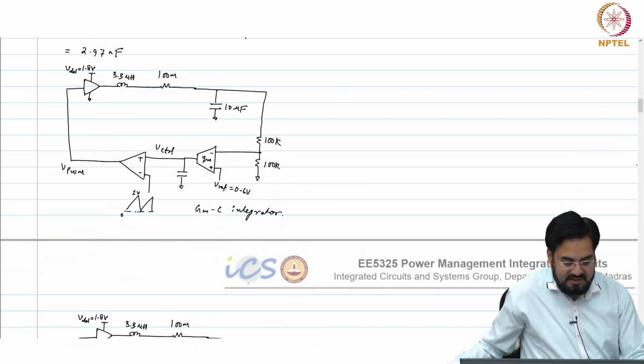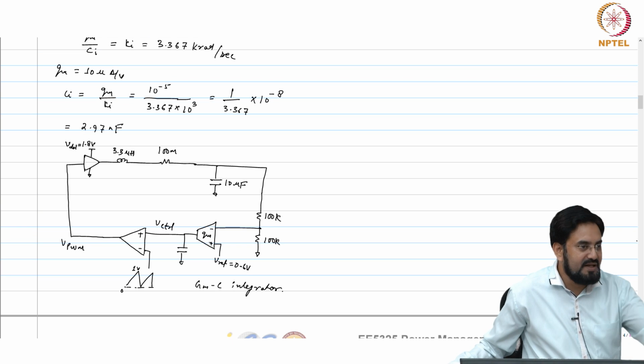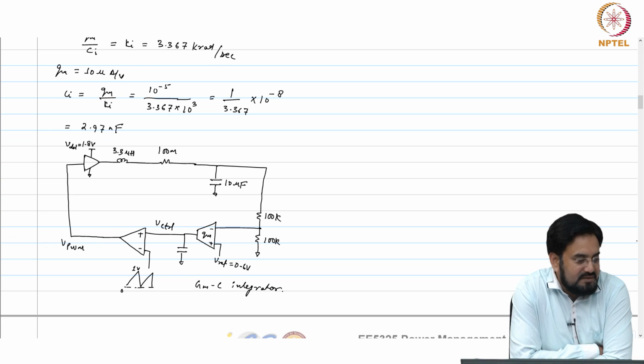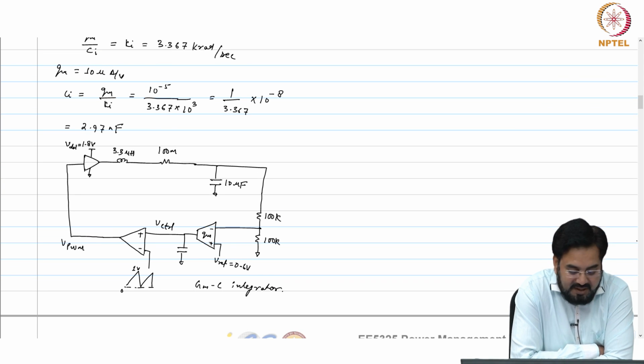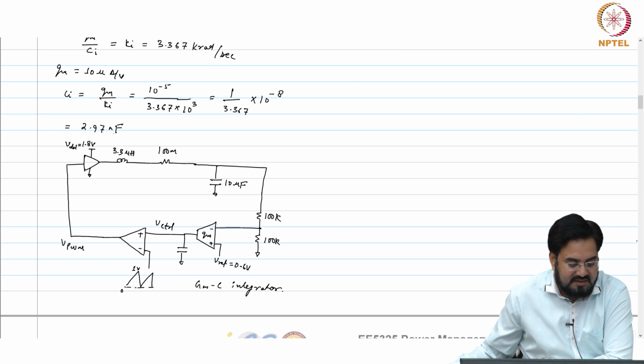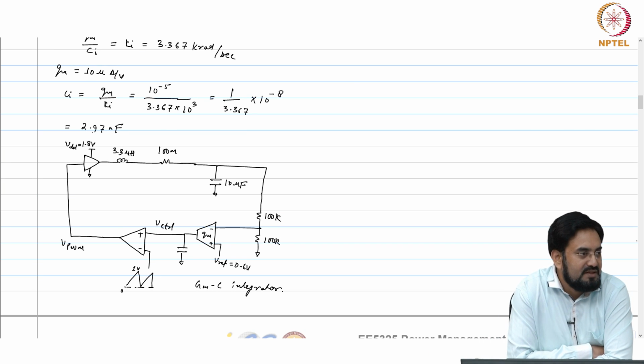In case of GMC, you can scale down the GM, let us say you make it 10 nano or so. Okay. So, you can get a cap value of the order of picofarads. So, 10 micro I have put here, if I make it 10 nano, it will be 1000 times less. So, whatever value we calculated, 2.97 nanofarad, it will become 2.97 picofarad, or if you make 100 nano, then 29.7 picofarad, which is not bad actually.